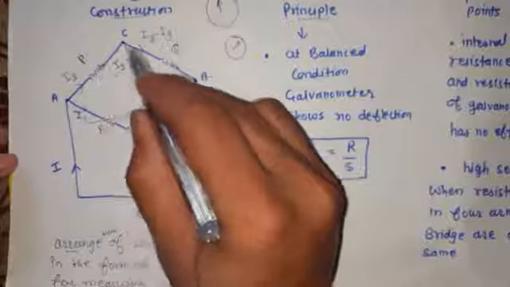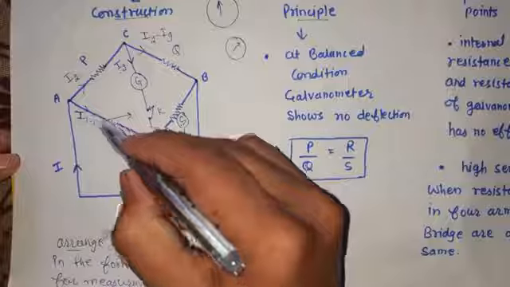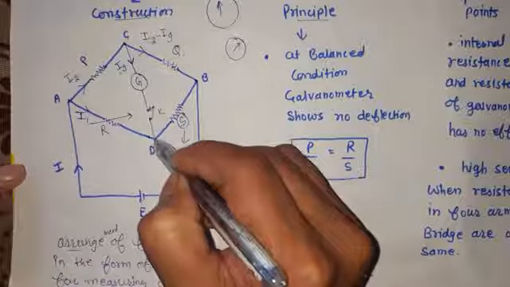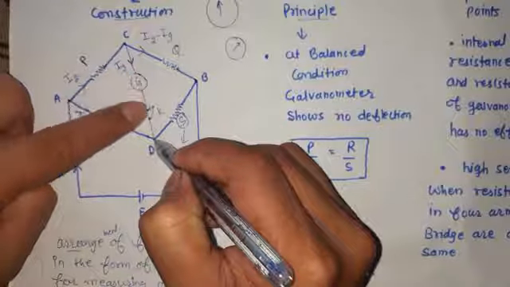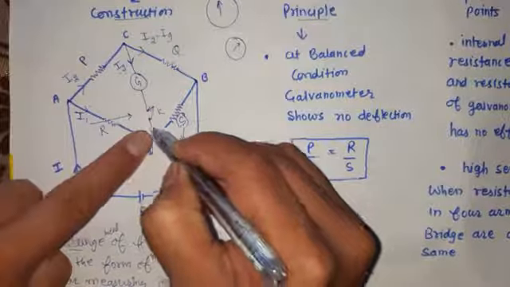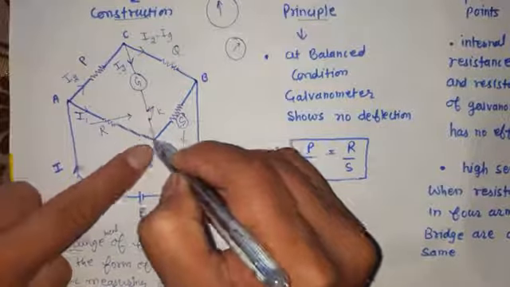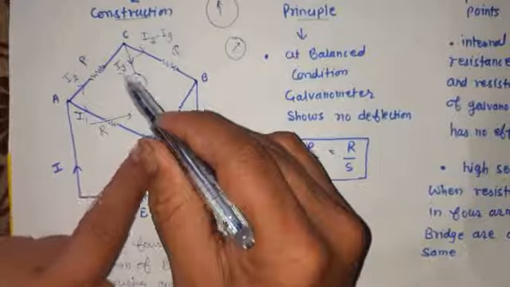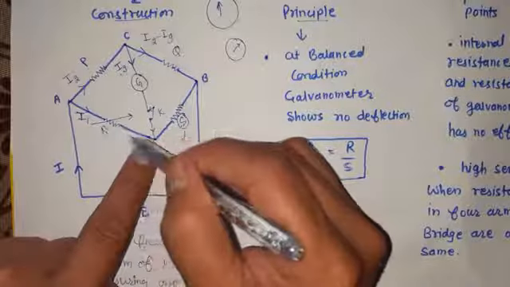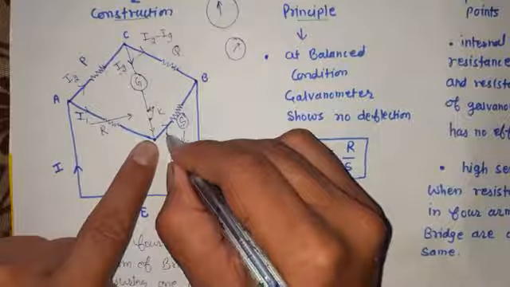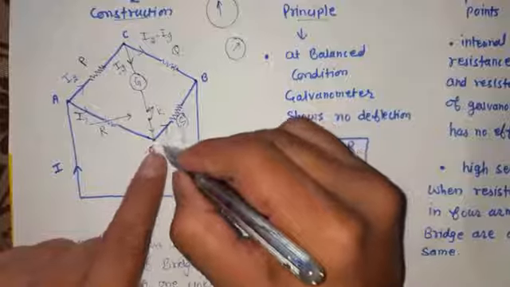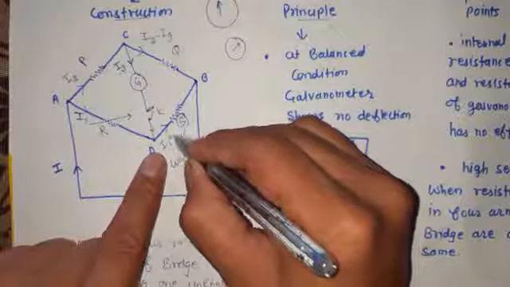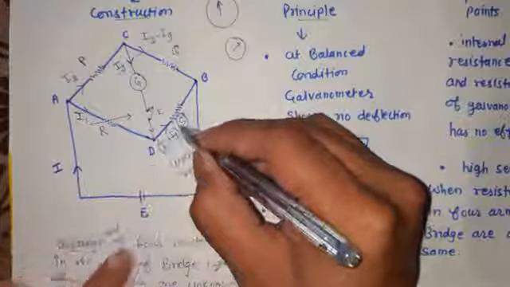This is the current which I have shown in this upper bridge. Now in the lower bridge, I1 current has come to this D point. Now look over there, the current which is passing from the galvanometer will also reach that junction D. So here the two currents are meeting again. You will find that one is the current passing through the galvanometer, and the second is I1. According to the junction law, as much current will come, so much current will leave. So the current which is going out now is I1 plus Ig.